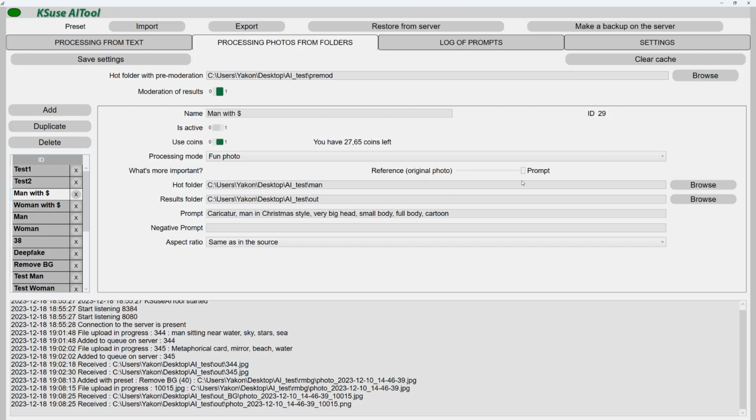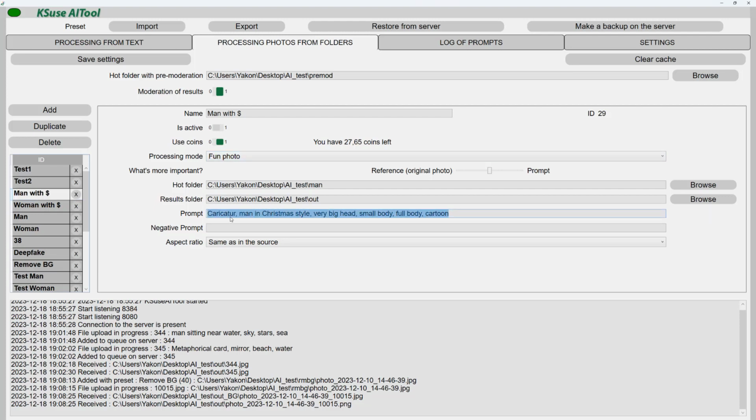The AI draws a new photo with new characters, and then the algorithm transfers the facial features of people from the original photo to the new characters. To be replaced, faces must be clearly legible, that is, both eyes, nose, and mouth must be clearly visible. Let's see how this mode works.